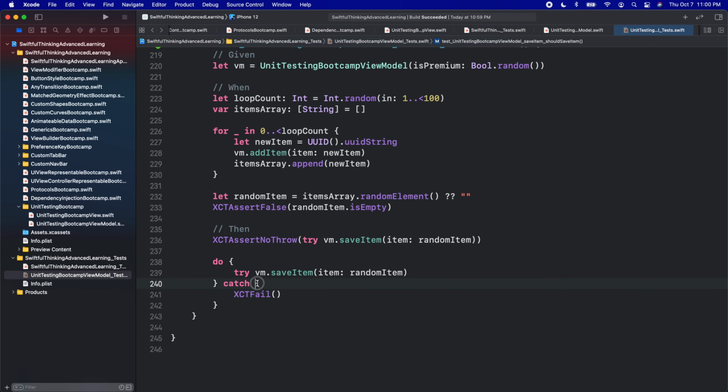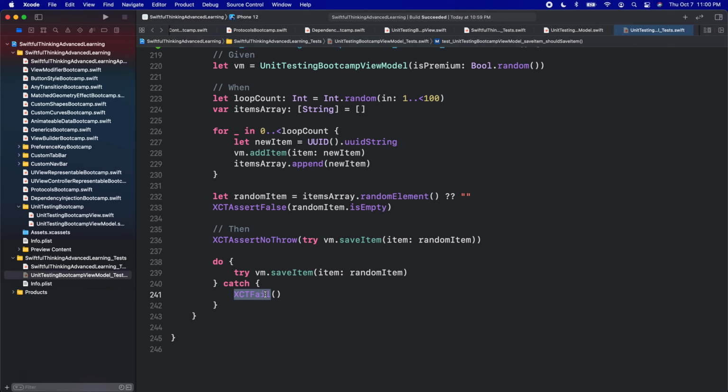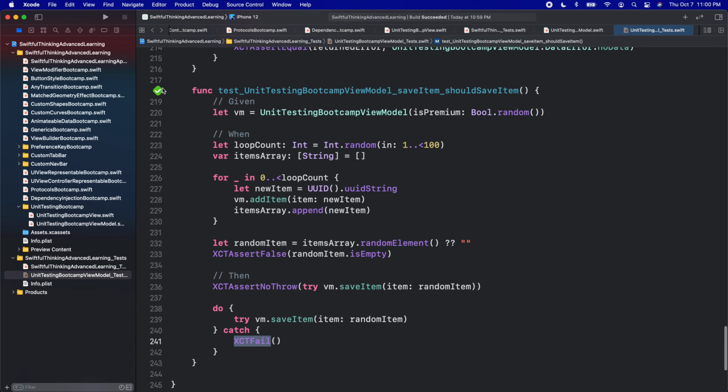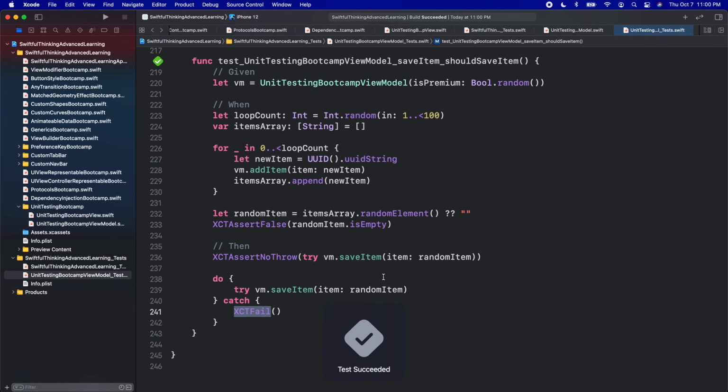So if we get into this, it fails automatically. We don't even need to assert anything, just fail. And we know that this save item should actually save, so it should not fail. Let's run the test one more time. And we are successful. We have a little more advanced tests to run, but before we get into those,